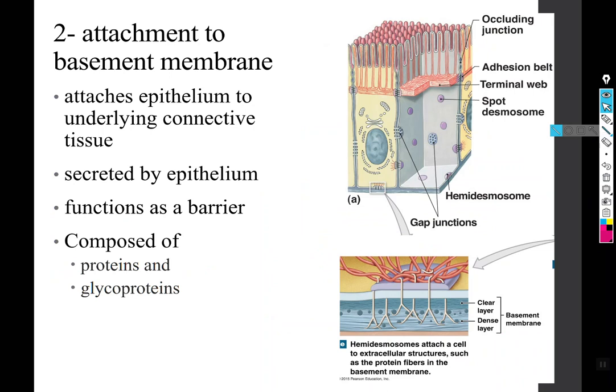All right, so attachment to the basement membrane is important. This attaches epithelium to underlying connective tissue, and it is secreted by the epithelium. These cells are going to sort of dump extracellular stuff onto the basement membrane, and that's going to form a barrier. These are composed of proteins and glycoproteins. Glycoproteins are protein-sugar hybrids. These are actually part of a cell's